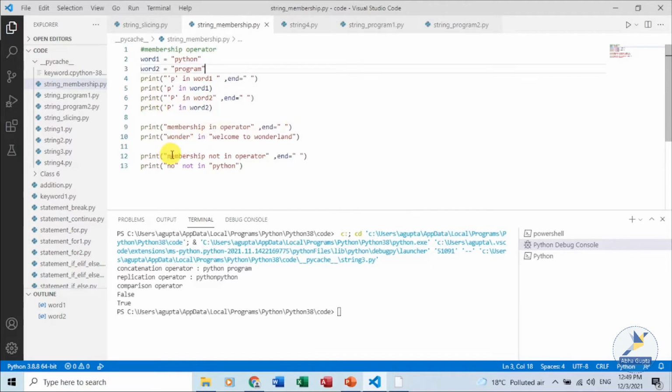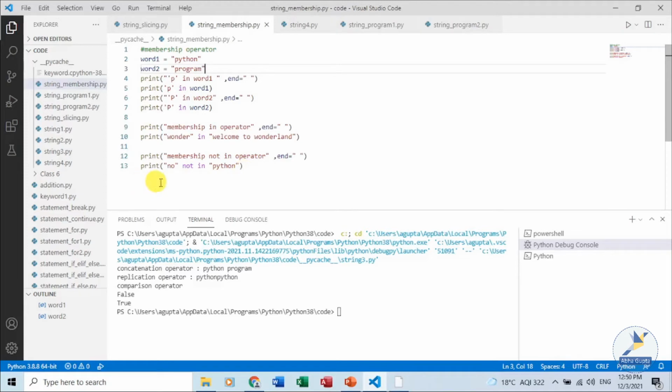The same goes if we are checking for a word in a collection of words; we will get a result, true or false. The not in operator returns true if a character or substring does not exist in the given string.